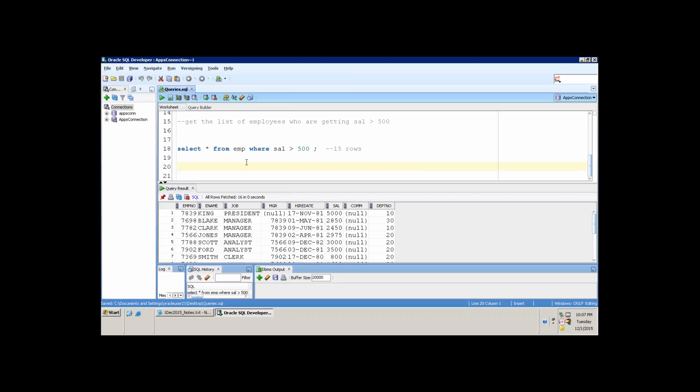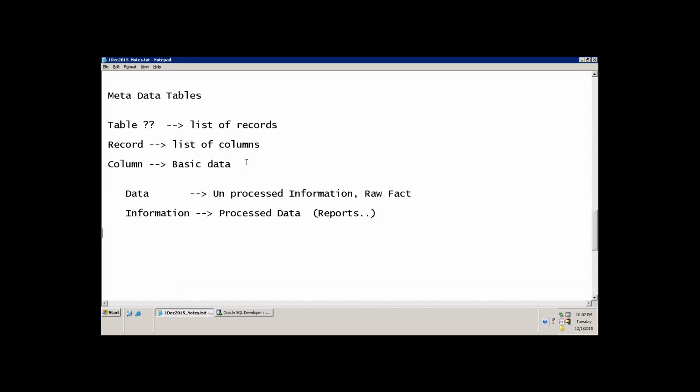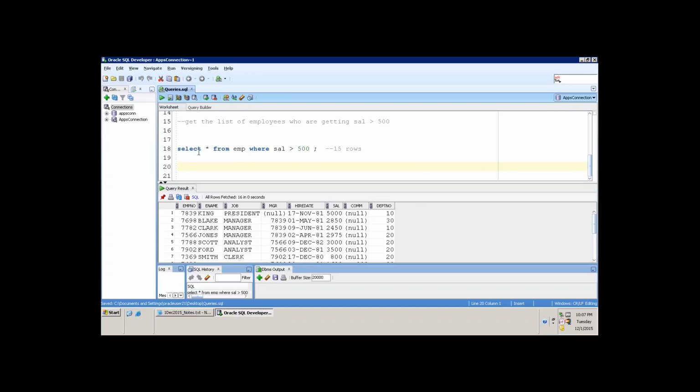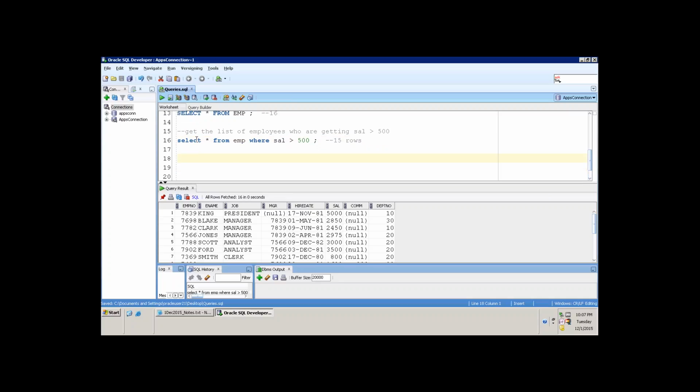Okay. Initially, let's work on the select part. Don't worry about the creation of this. That is very easy first of all. Retrieving data is a major difficult job. Insertion is always easy. Retrieving is a major problem. Now let's